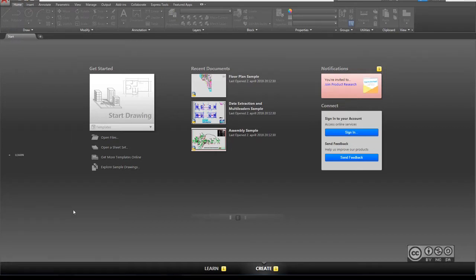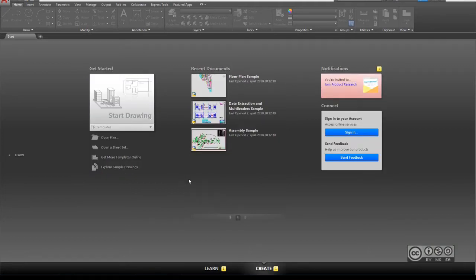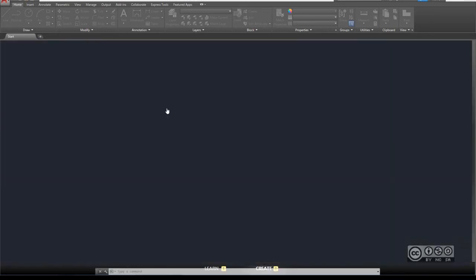And from this start screen, I can switch between two screens. One is create. I can start a new drawing. But if I want to learn, I can just click on learn, or I can left click also on this left side, learn. And from here I can see what's new in this version, different videos. I can also see getting started videos. So I have different options for how I can start using or learning the product. I can go back to the create screen, and from here I can select again start drawing to create